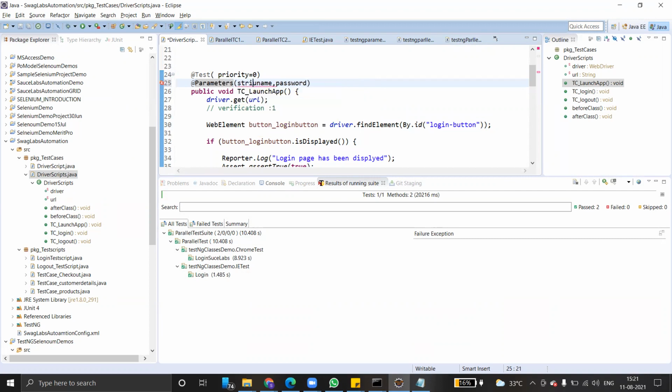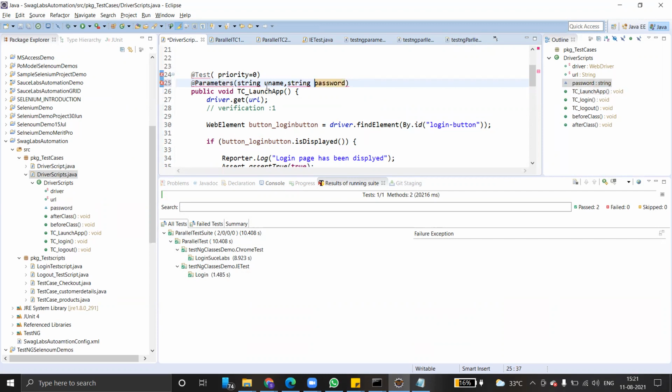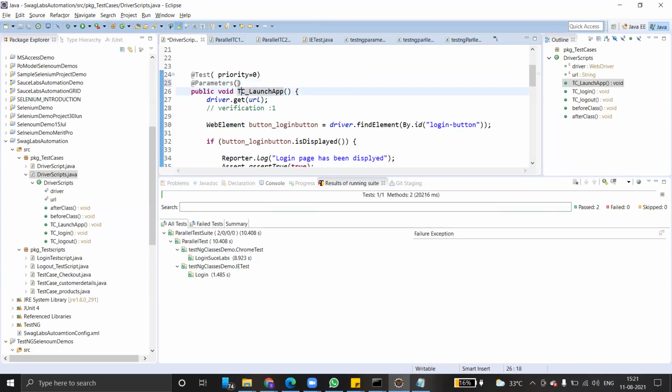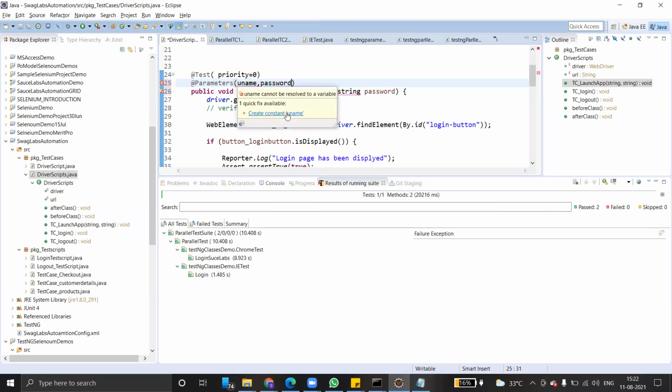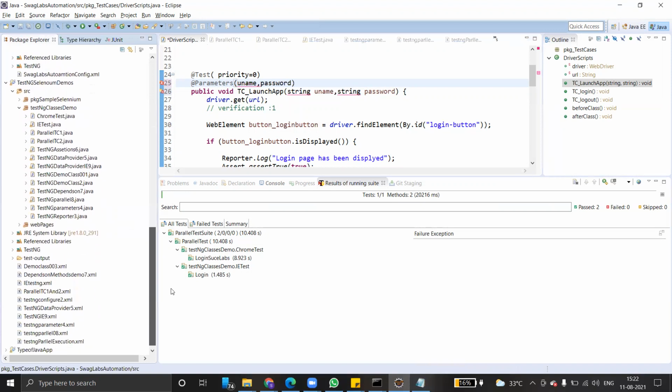What type is it? String type. String, and this is string. Then add inside here. Just going to copy it as it is. Control X, Control V. Yes, uname, comma, password. That's it. So uname, what is that? Cannot create a constant uname. Anyway, this is how we have to use the parameters.